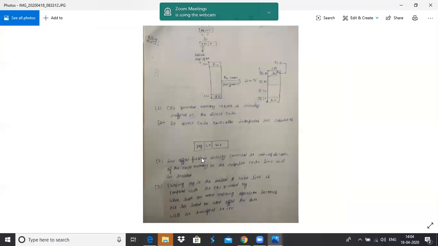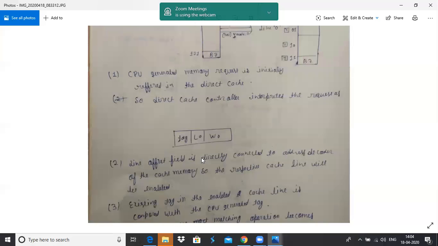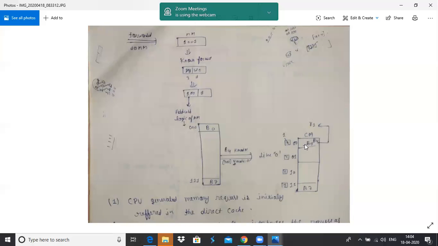See here, in this way the B4 block is transferred to the cache memory, and B0 is replaced with B4. Because the disadvantage of direct mapping is that each line contains only one main memory block.